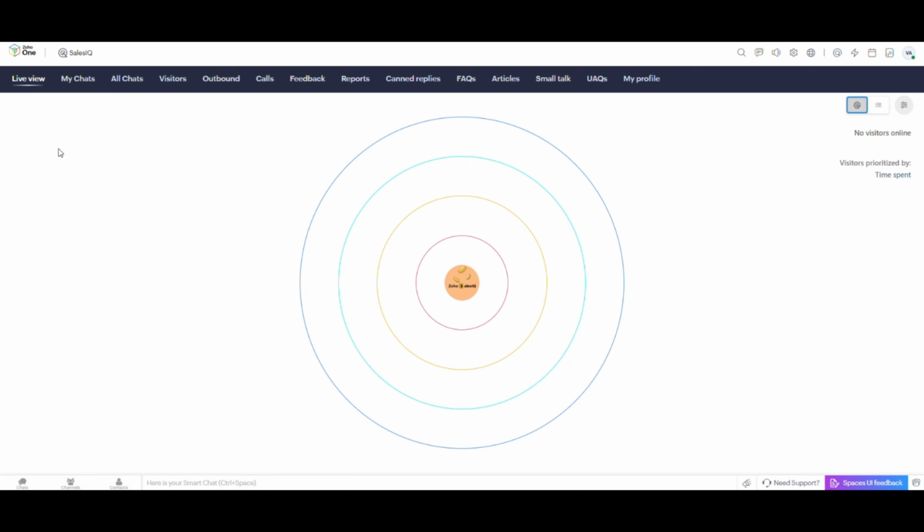Now let's explore the Live View, which is the heart of SalesIQ. At the center, you'll see a visual visitor tracking radar. This radar displays all active visitors on your website in real time. Visitors are grouped by rings based on engagement level. Those closer to the center have spent more time or shown higher intent, making it easier for you to prioritize